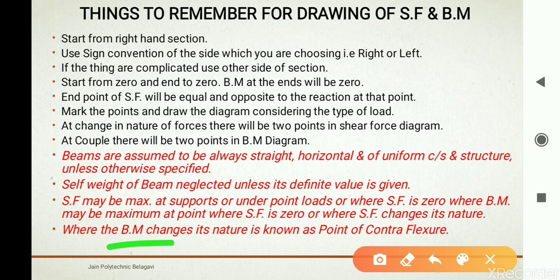Where the bending moment changes its nature is known as the point of contraflexure. In the bending moment diagram only, when the bending moment drawing changes its sign from plus to minus, positive to negative, that intersection where the diagram changes is called the point of contraflexure. Okay, so this is very important. So coming to the next slide,